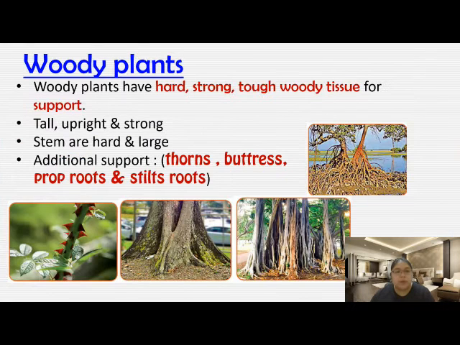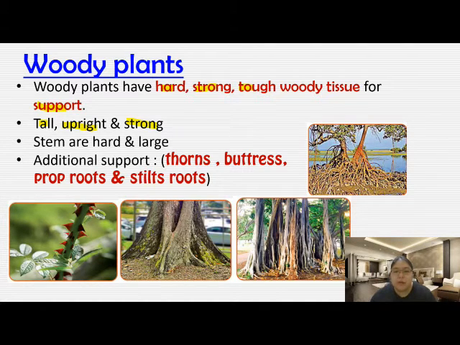Now we go to the next one. We're going to see the details about woody plants. Woody plants have hard, strong, and tough woody tissue for support. Importantly, they have a big trunk. So they must be supported. They are tall, upright, and strong. The stems are hard and large. For additional support, we have thorns,